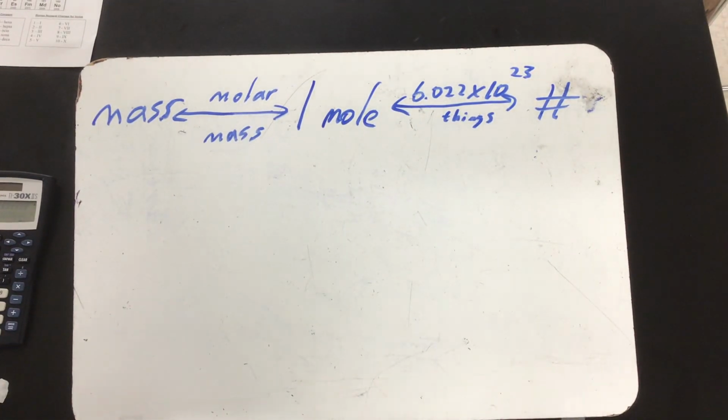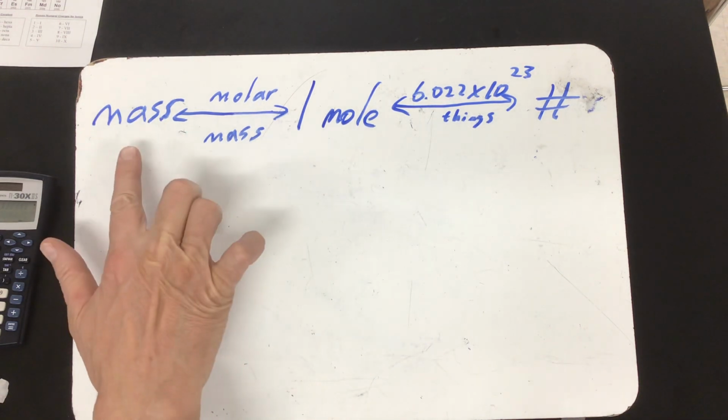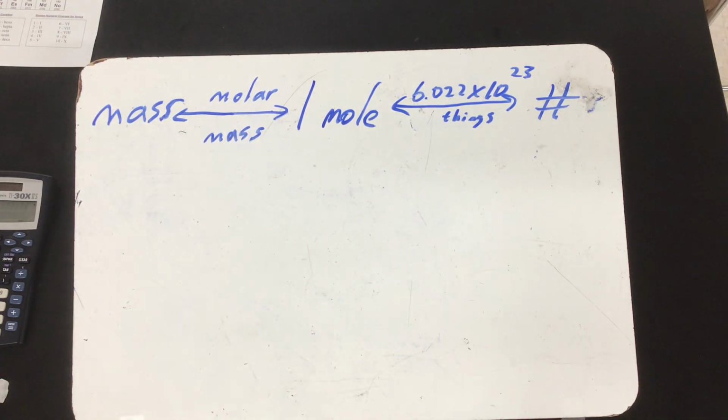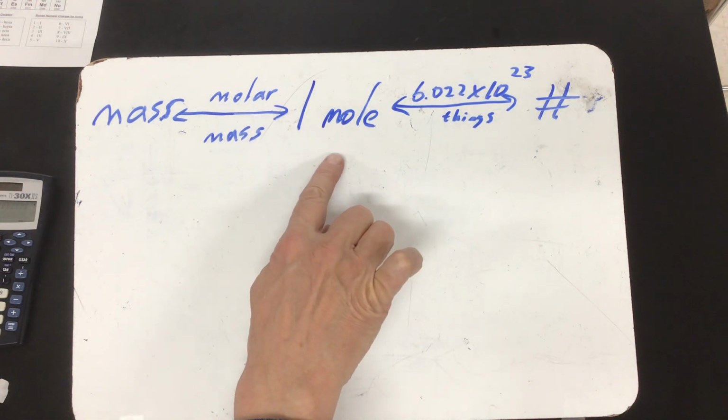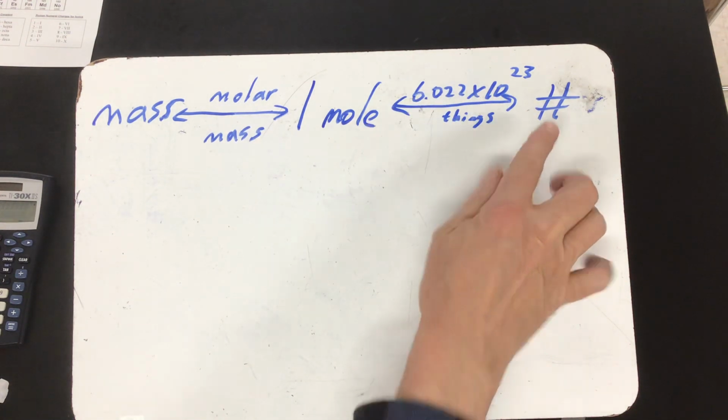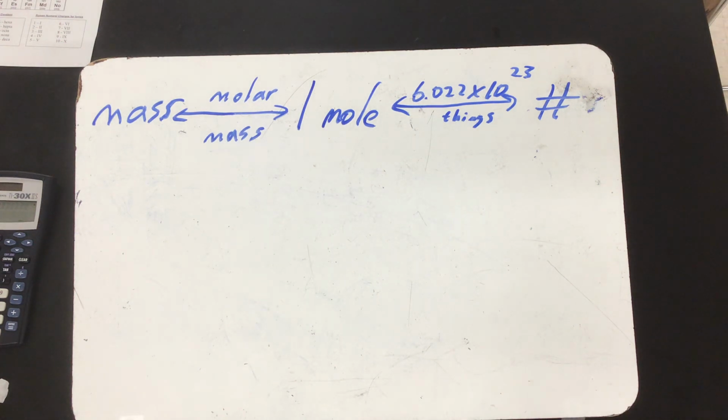Okay, so you did a packet the other day when I wasn't here, talking about the mole. And it was leading you to be able to convert between how much mass you had, that you can weigh on a scale, and the mole, and the number of things, because in chemistry it's important that we be able to count things, but the atoms that we count are way,